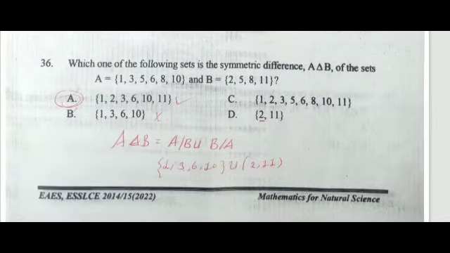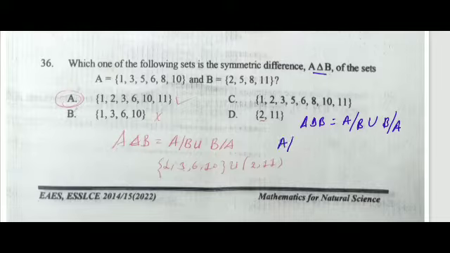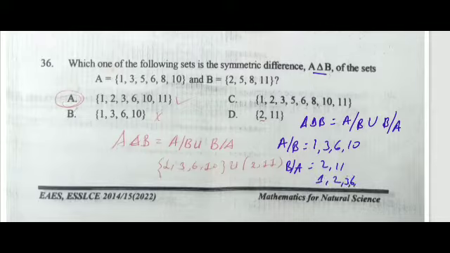Question 36. Which one of the following set is a symmetric difference A symmetric difference B of the set of A ነው B ይሄኛው ነው። ስለዚህ ምንድነው የምናውቀው እኛ symmetric difference ስንል A symmetric difference B ማለት A without B union B without A ማለት ነው። ስለዚህ A without B ማለት 1 3 6 እና 10 ናቸው። B without A ማለት ደግሞ 2 እና 11 ናቸው። እነዚህን ስንደምራቸው 1 2 3 6 10 11 ማለት ነው። ስለዚህ A ላይ ያለው ሶሉሽን ነው።